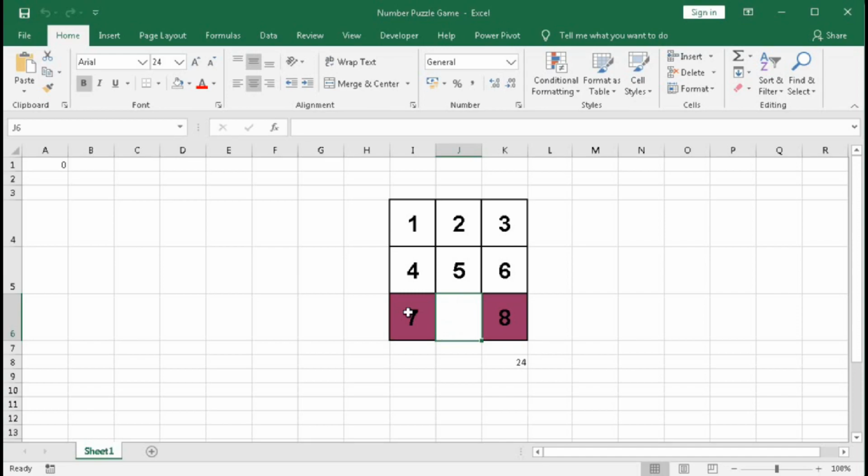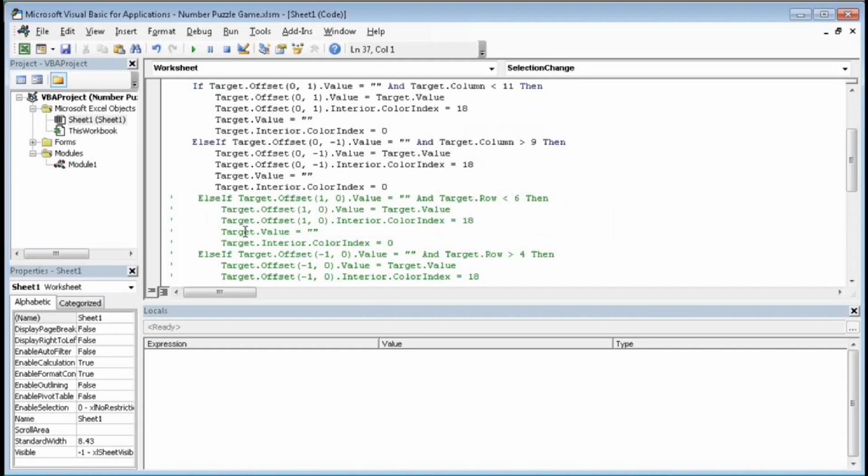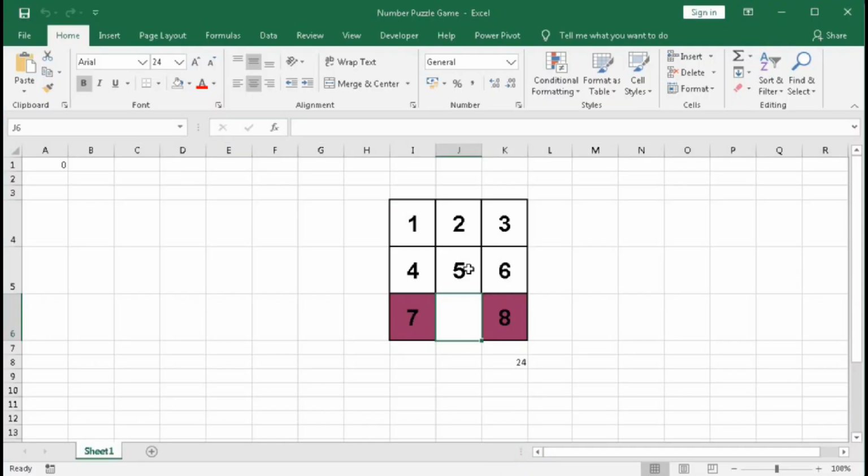Now we will create the code to move it downward. So here you can see else if target.offset(1, 0). This 1 is the row for moving downward, and this is 0 because the column will remain the same. That means if the target.offset(1, 0).value equals blank, that means if we click here, this is the target cell, and it will check whether this cell, one row down in the same column, is blank or not.